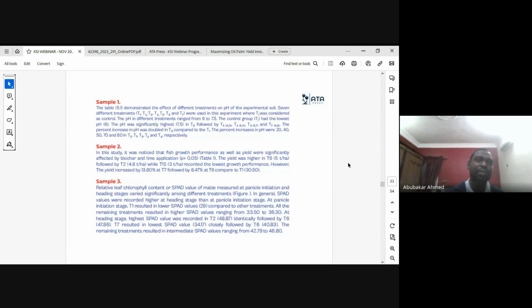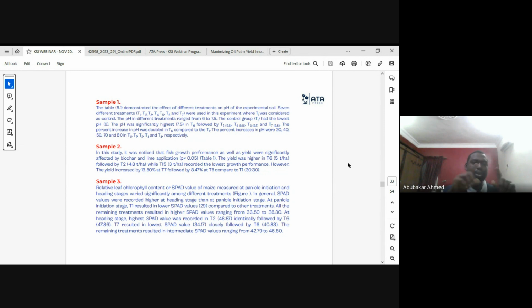So from the table, we understand that yes, T1 is a control treatment. Then the pH in the different treatments ranges from 6 to 7.5. The control group T1 had the lowest pH, 6. So from there, we understand that the control treatment had the lowest pH level. So this gives us an idea that Table 1 discusses and presents this. But you need to quote the table,